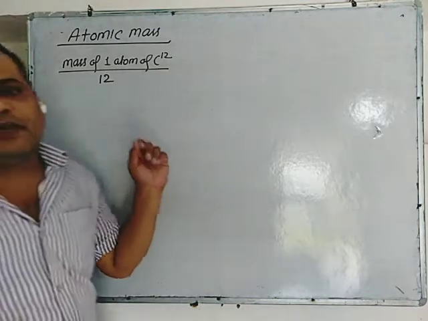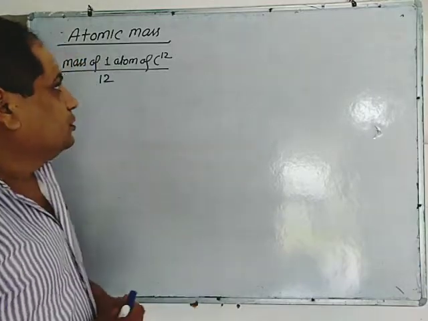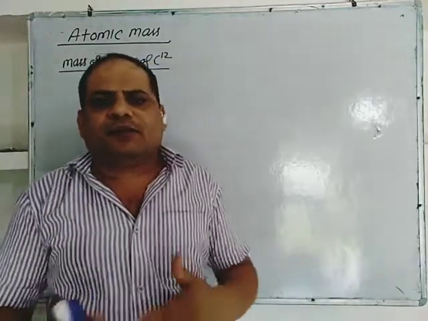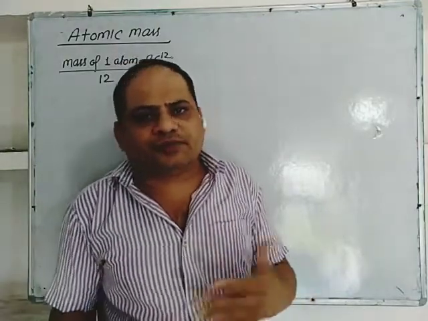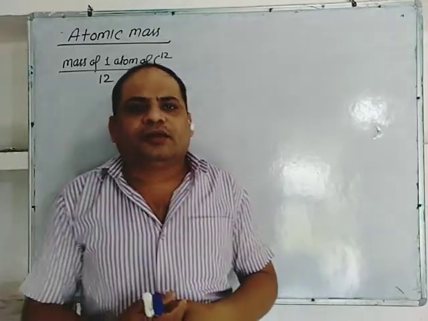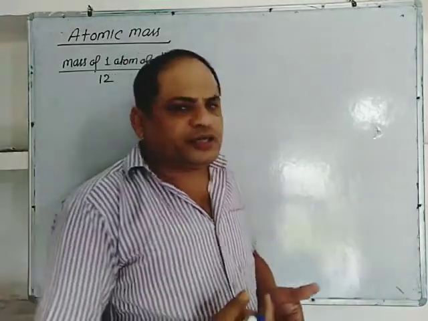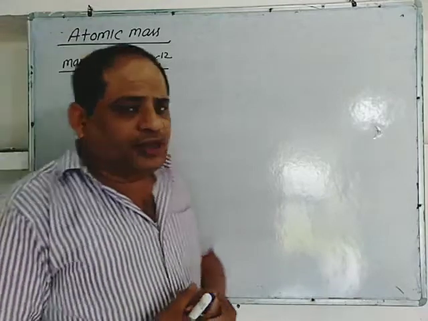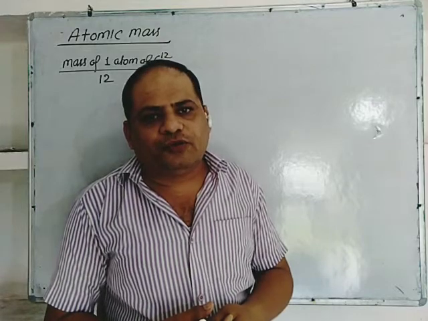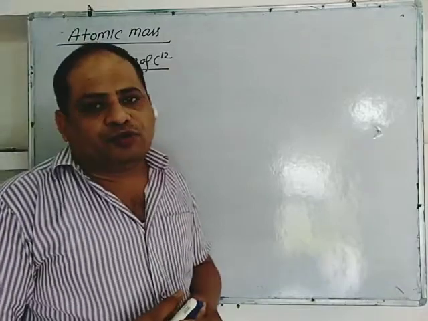So students, in class 11 chemistry first unit, today we will study about the atomic mass. Atoms are so small that their mass or weight cannot be calculated in grams or kilograms, or it is very difficult to calculate, although this is determined in terms of 10 to the power minus 20, 30, etc. But their mass is expressed in terms of AMU, atomic mass unit. Now, what is AMU, atomic mass unit?